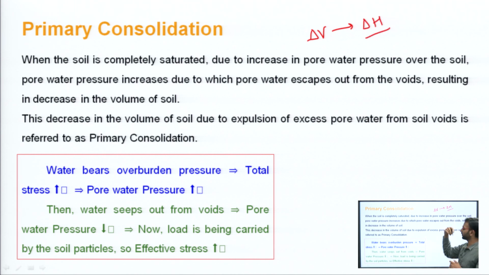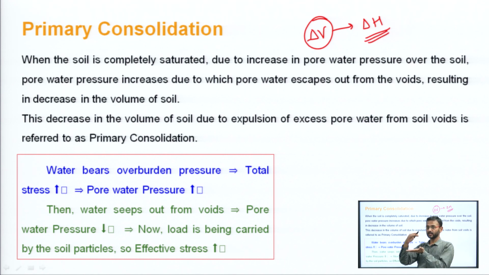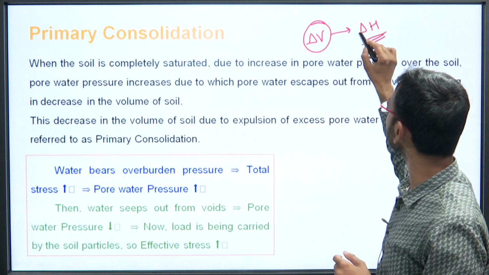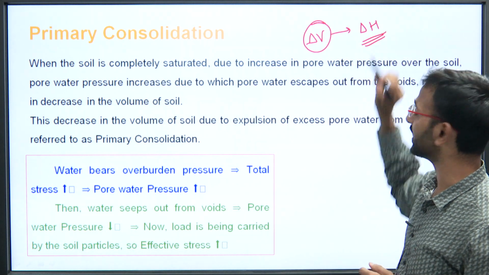I told you in the previous class that the soil is considered to be semi-infinite. So we can consider all the volume changes. Semi-infinite means the loading area is very huge. So we can consider that all the volume changes can be represented in terms of change in height. मतलब if I say कि इतना वॉल्यूम कुछ, let's say 5 यूनिट्स या 10 यूनिट्स वॉल्यूम कम हो गया, सो उसके करस्पॉन्डिंग हम ये चेक कर सकते हैं कि कितना हाइट में कमी आई होगी. So this is the thing here, delta V changes to what, we can say that delta H has been there.